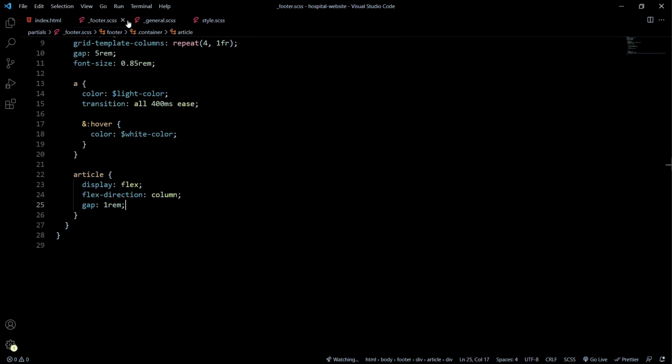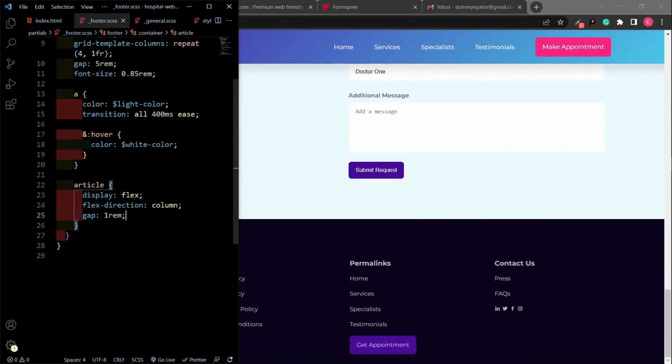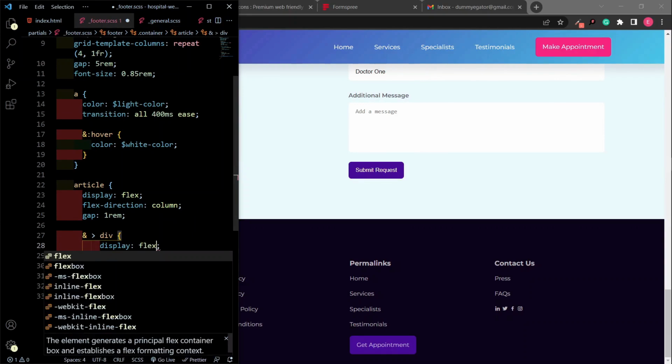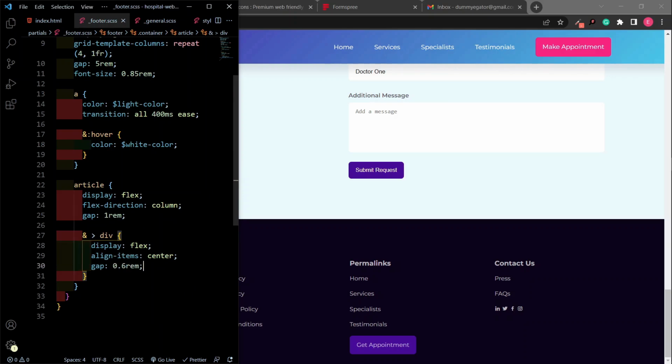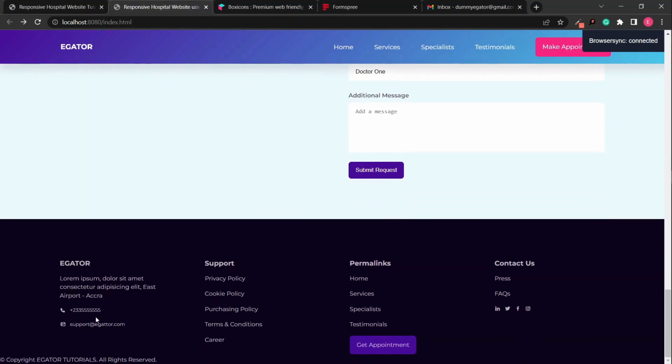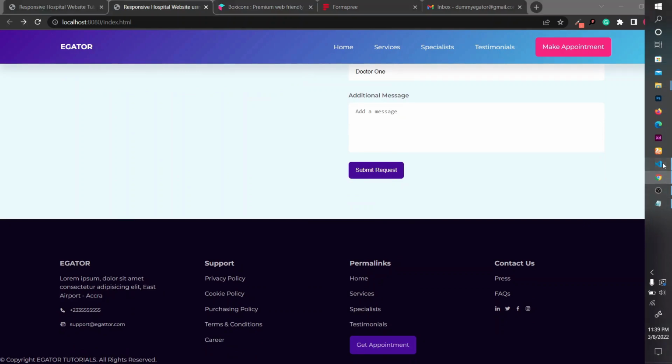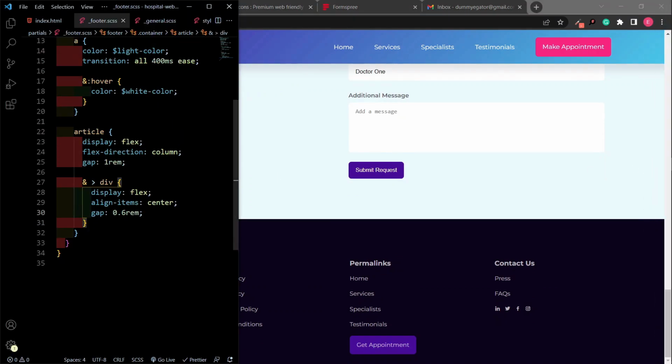So let's get those. Inside the article we are going to get the direct divs and display them to be flex. I'm going to align items to the center, and the gap is going to be 0.6 rem. Let's save, and we have this. All right, now I'm going to get